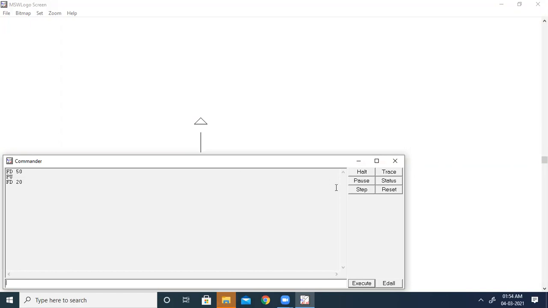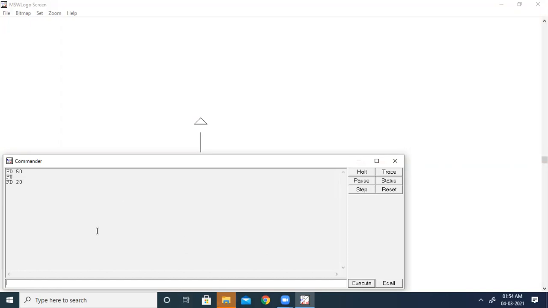Now we will go to the next command, the pen down command. The pen down command shortcut is PD. Why are we using this command? This command instructs the turtle to put the pen down on the screen and continue drawing. So the first one lifts up the pen, and the second one puts the pen down on the screen, that is the PD command, and it continues to draw. Let us do it using the PD command.